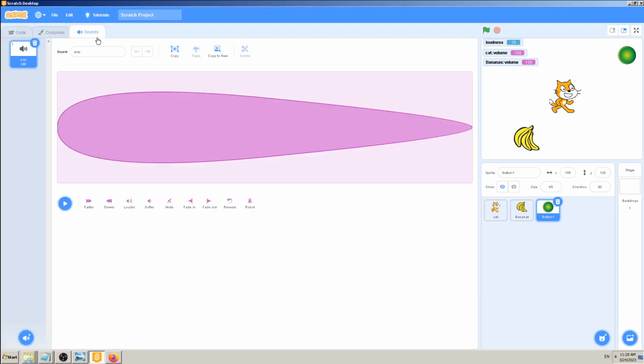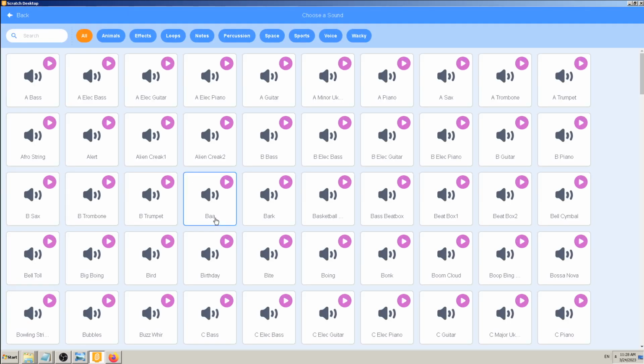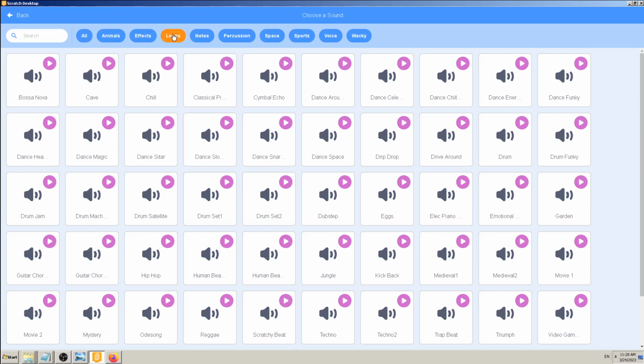So go to the Sounds button, and then in the bottom left corner you have a couple of options. You can upload your music and sounds. Surprise gives you some random sound. Record, you can record yourself through the microphone. Choose a Sound, and that's what I'm going to do. I will try to find some kind of longer sound, some longer music, which will help me have